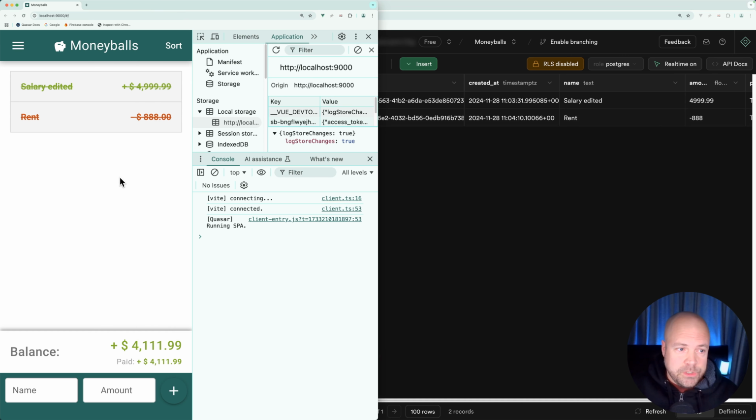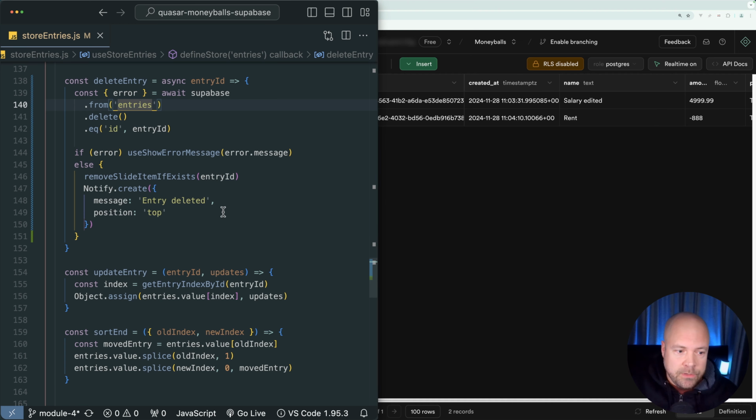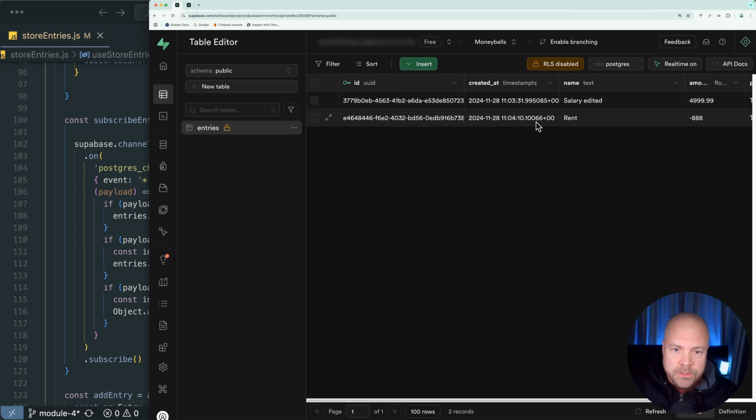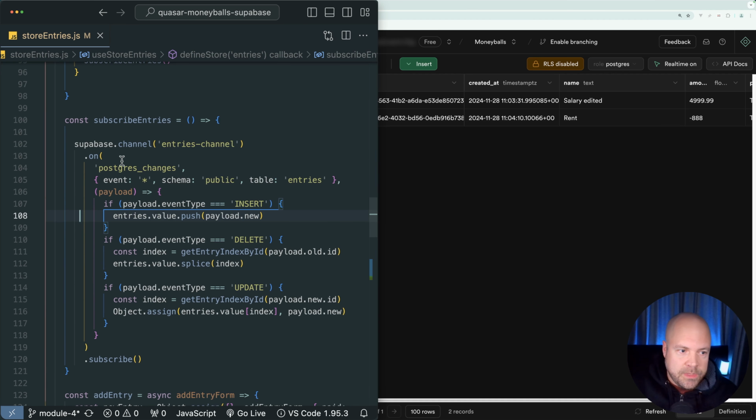And again, the reason we saw it disappear from our local entries array ref is because we have our real-time updates being handled. So when the entry was deleted on Supabase, this on hook was fired, payload.event type was equal to delete. And we then removed the corresponding entry from our local entries array ref and saw the entry removed